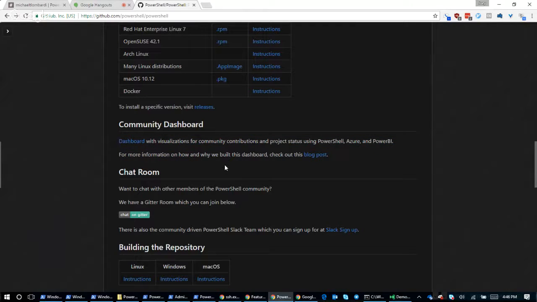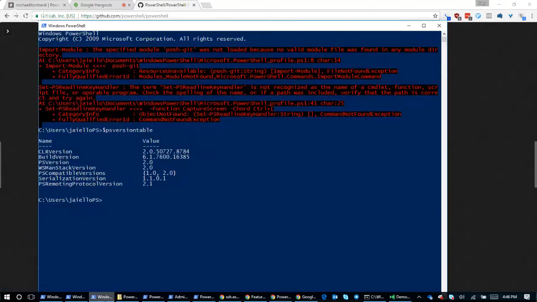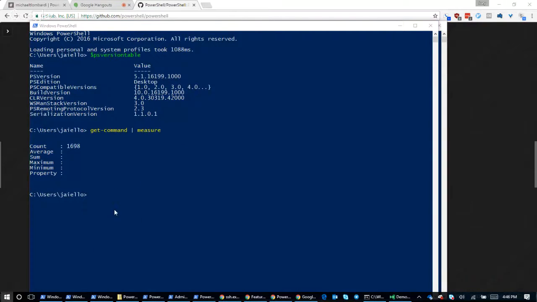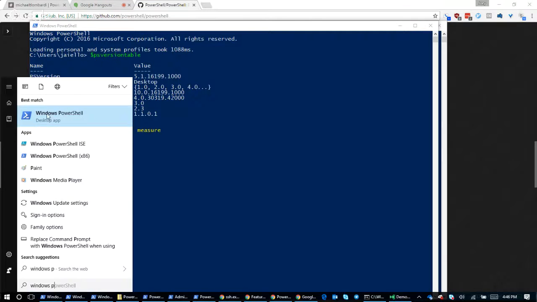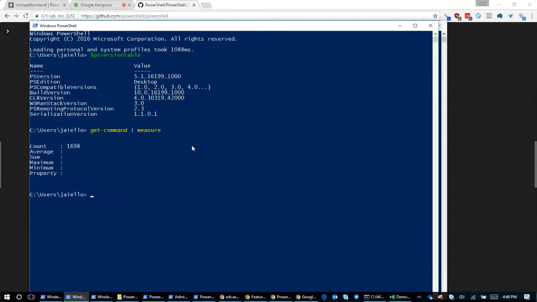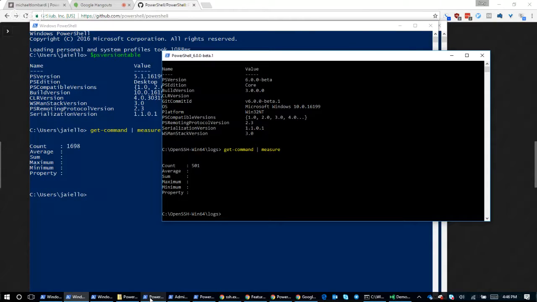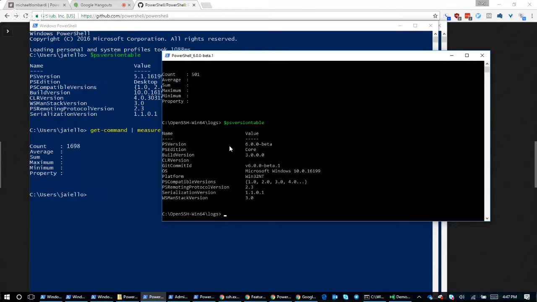I should caveat here, I didn't do a little terminology at the beginning. Windows PowerShell is what we're calling the full CLR Windows-only version of PowerShell. So it's always been Windows PowerShell in the box, right? If I go here, Windows PowerShell, that guy is full CLR. And you'll note that it's the PS Edition Desktop. That means that it's the full CLR Windows PowerShell version. PowerShell Core is the Core CLR-based version of PowerShell. And in its current PS version table, we have the PS Edition Core.